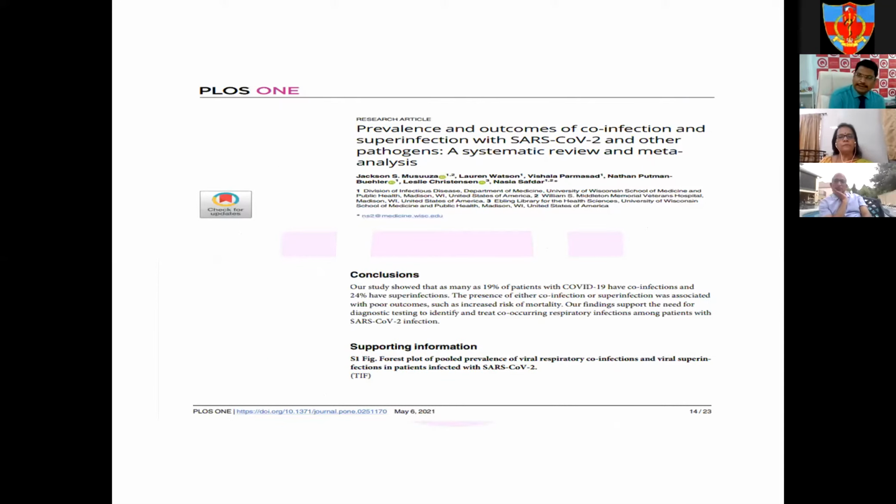In all these meta-analytical articles, there was a concurrence in most of this published literature, including one large study from China, that 1 in 5 patients who have developed COVID-19 have either a co-infection or a super-infection. Co-infection is something that has come along with COVID, or is already pre-existing in a COVID-19 patient. And a super-infection is something that develops once a patient gets admitted with a diagnosis of COVID, while being admitted and treated in a hospital.